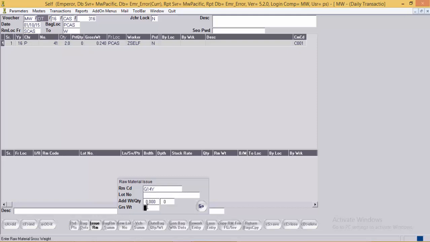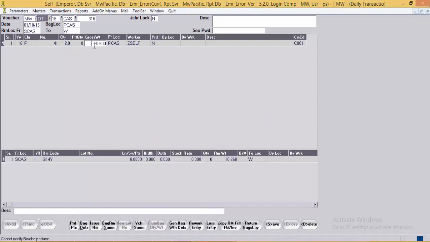For example, over here, I'll mention the gross weight as 10.50 grams for 2 designs.